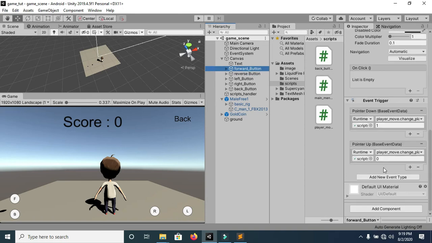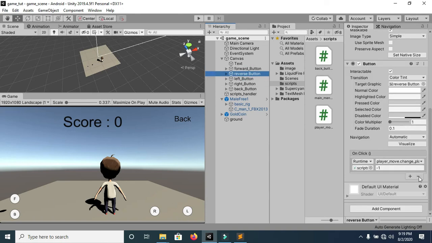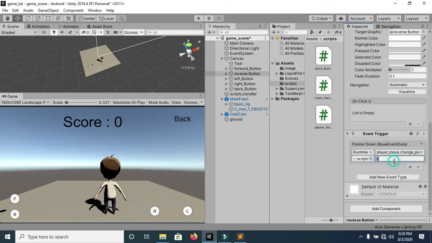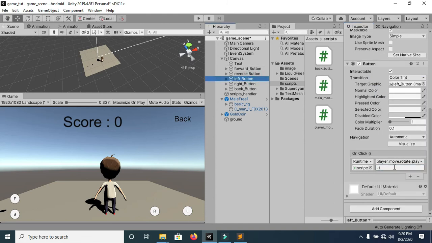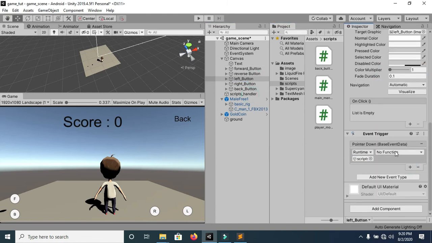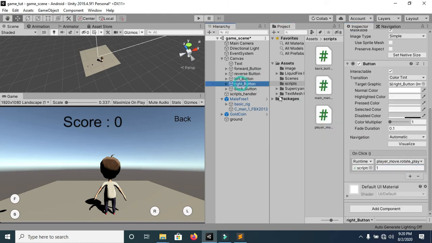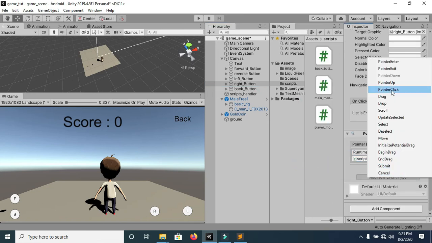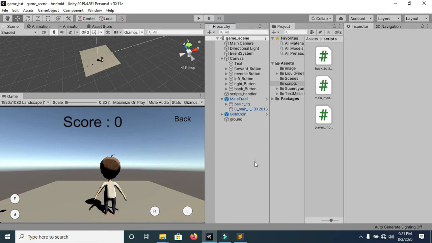We have to remove on click functions and add event trigger. Now save this and now run.